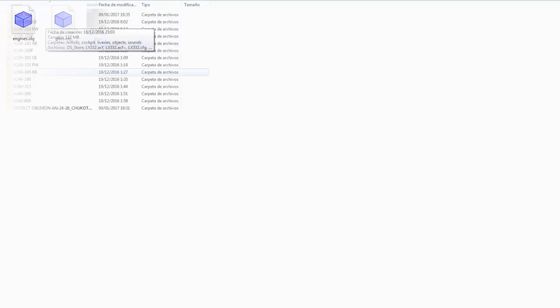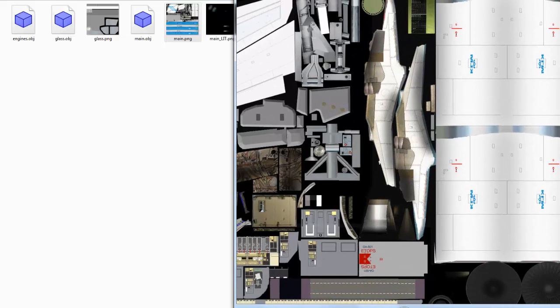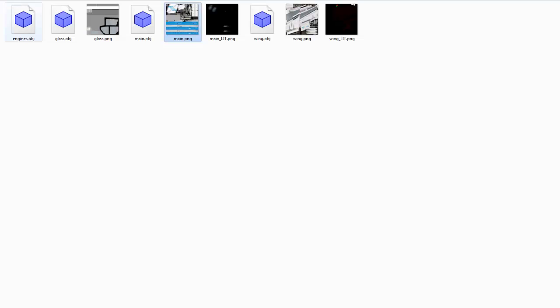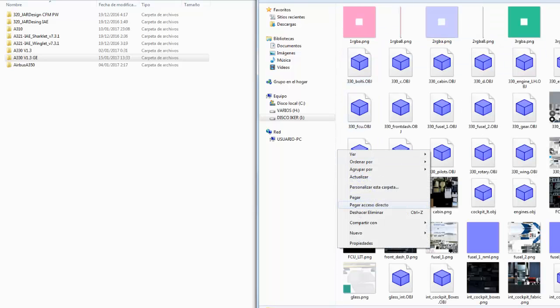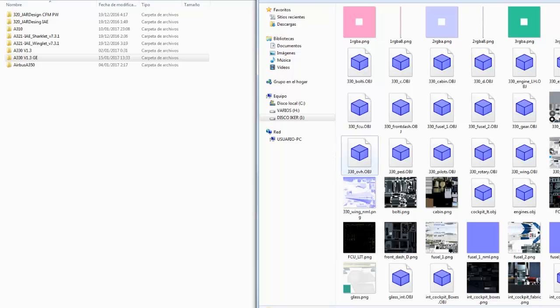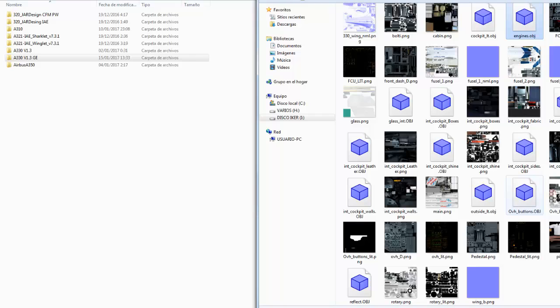So these files are the main PNG file. This is a texture file where you can find the texture of your General Electric engines, and now the engines.obj. So just copy it and paste it in your new A330, in your A330 copy, in the objects folder. Just copy inside. Okay, when you copy this file, you can find here engines.obj, and the